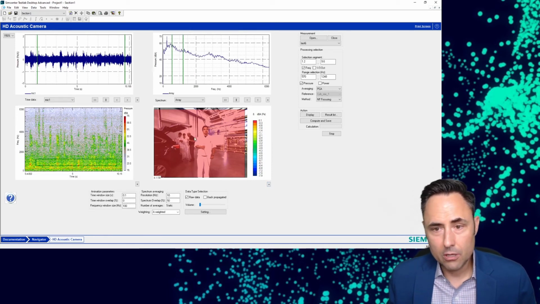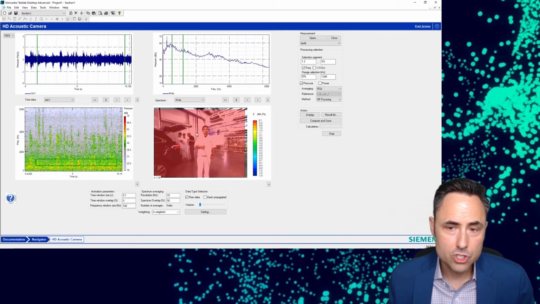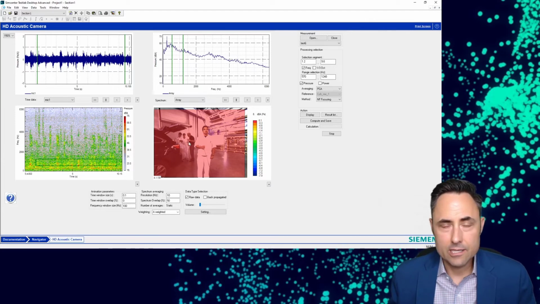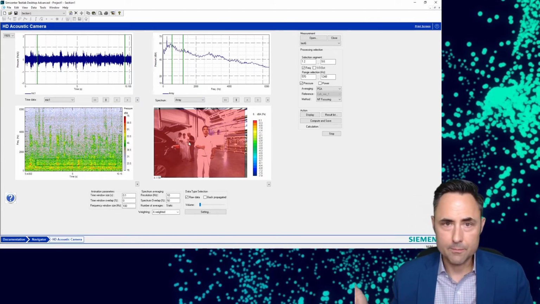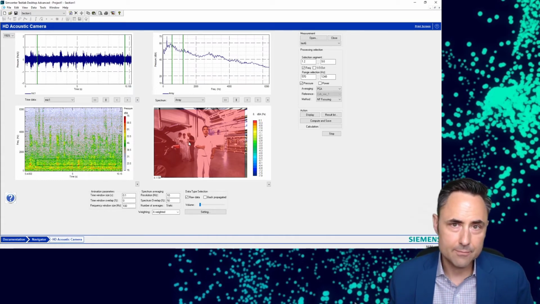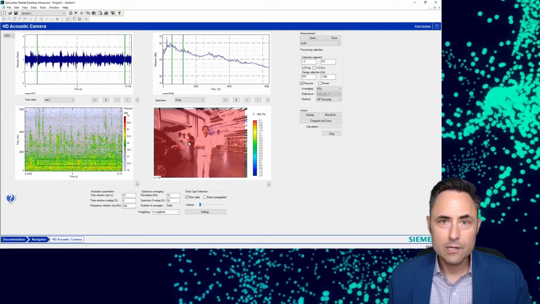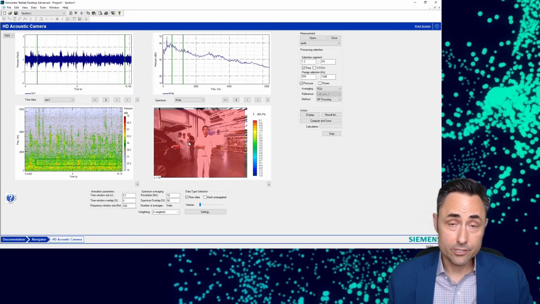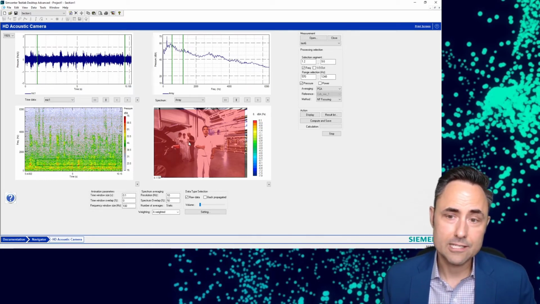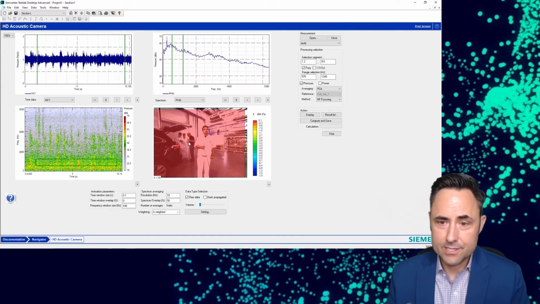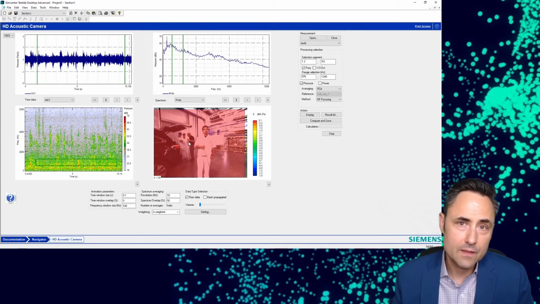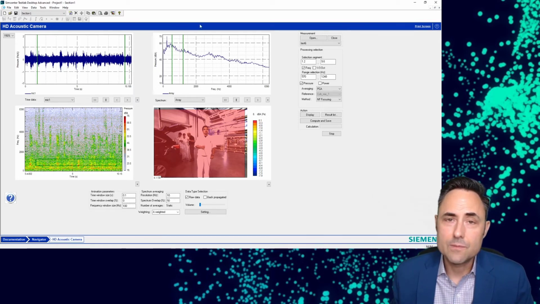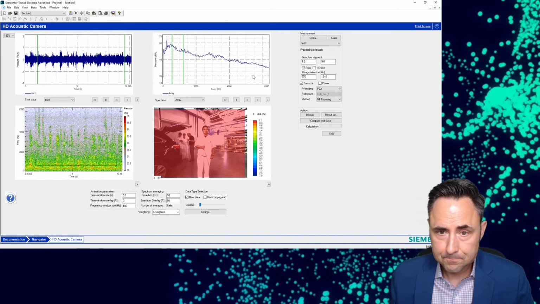And because these are all human beings and they're all talking, the frequency content is going to be very similar between them. So I'm not going to just be able to say, oh, my compressor makes 4 kilohertz and my motor makes 2 kilohertz, so I'll just localize those two different frequencies and obviously be able to tell who's responsible. All of my sound sources in this example are making essentially the same frequency content, and so I can't just separate them by frequency. I have to do something a little bit more sophisticated.